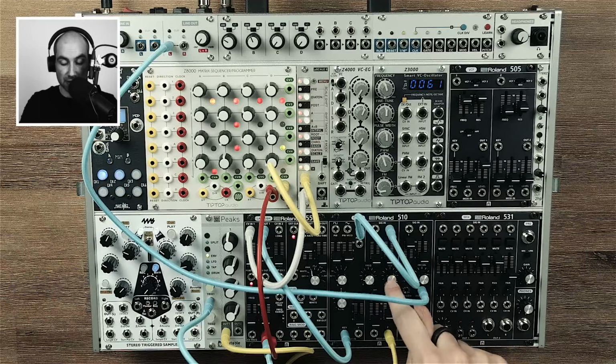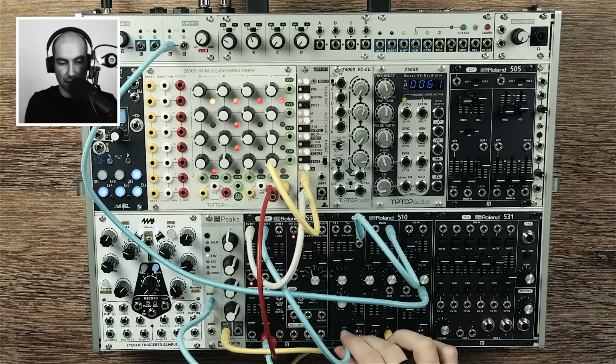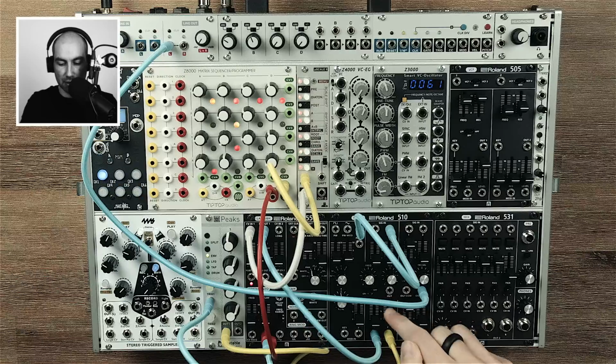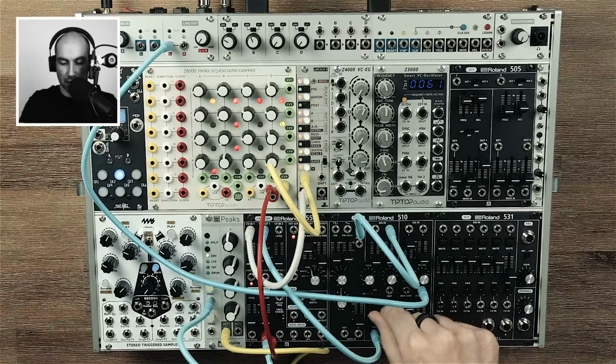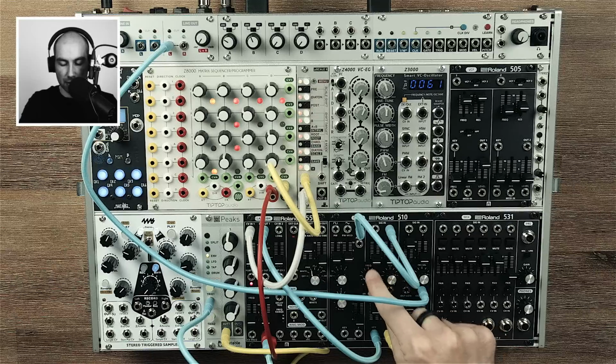I'm going to put the filter into self-oscillation by cranking the resonance up. And then the same signal we've been using to control our oscillator frequency, I'm just going to patch it into the filter and then increase that amount and go into self-oscillation. So you can see